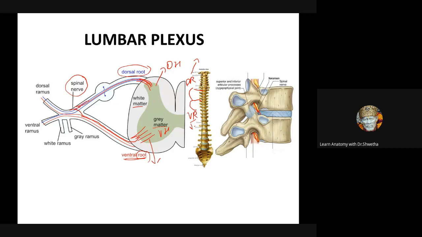So we have discussed the ventral ramus and the dorsal ramus. It is the ventral ramus which is involved in the formation of the plexus and not the dorsal ramus. Students, which component of the spinal nerve is involved in the formation of the lumbar plexus? Ventral ramus. Excellent. Now, you will tell me the nerve roots involved, because we have already discussed. Which nerves are involved to form the lumbar plexus?